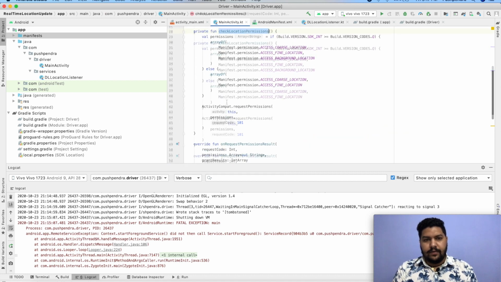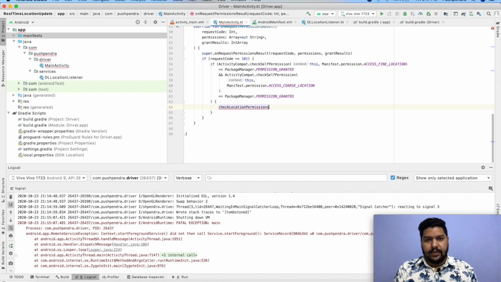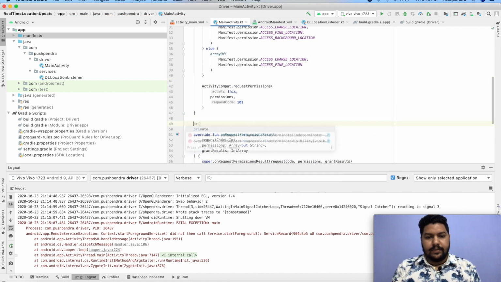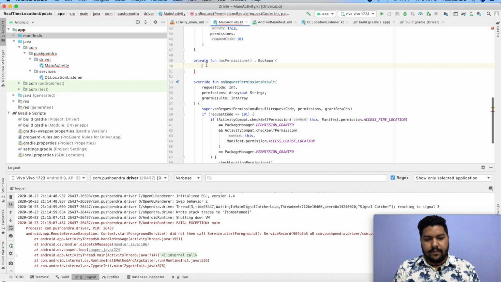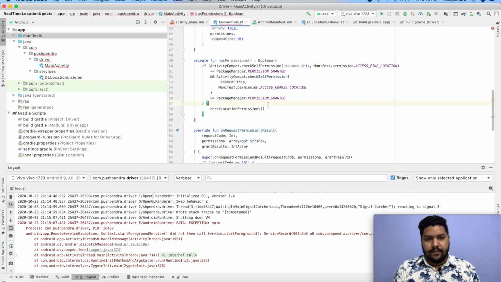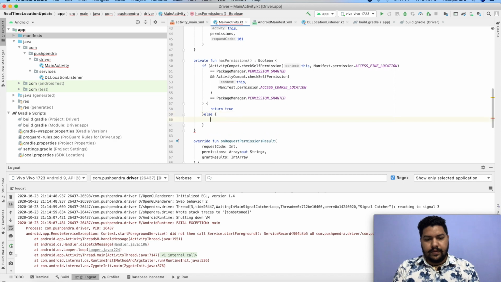Then we will call check for permission again. Done. I'll create one function, private function has permissions, and it will be boolean. Return true, else return false.